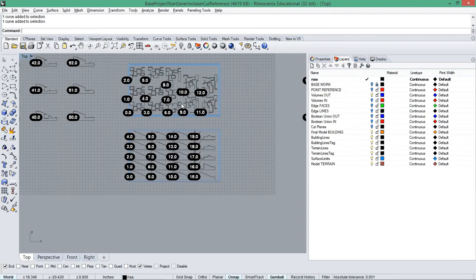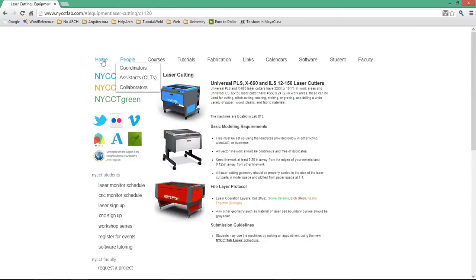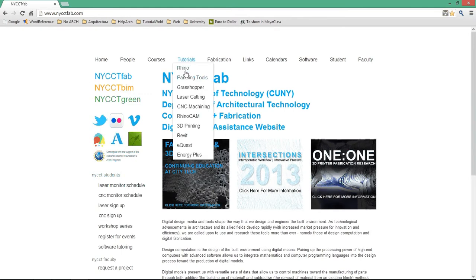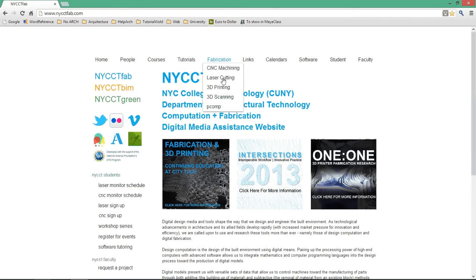So laser cutting, if you go to this web page, the New York City College of Technology Fab, you have all kinds of tutorials on Rhino, panning tools, which is kind of like a plugin for Rhino, similar to Grasshopper, laser cutting tutorials, etc. I recommend that you do some of these tutorials anytime you have. Okay, if you go under fabrication, laser cutting,